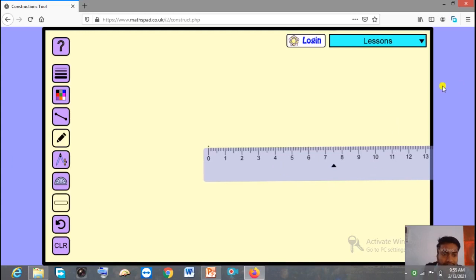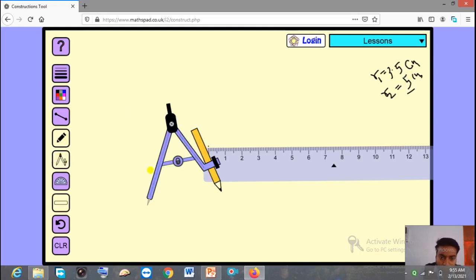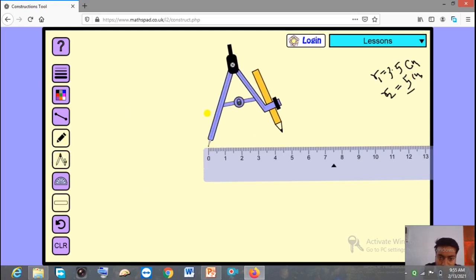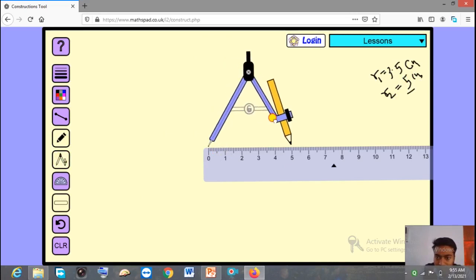So we have the radius, this first radius 3.5, then another radius, R2, 5 centimeter. First we will draw the bigger one, that means we will use 5 centimeter. So take the compass, fix the metal arm on that particular point, then stretch the pencil arm according to the radius, and the radius we have is 5 centimeter. Now draw the circle.